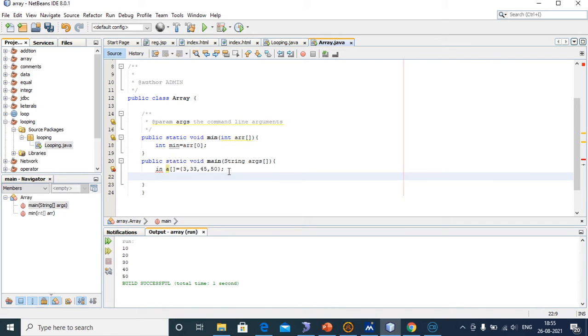Now I will create the method call min a. This is passing the array to the method.